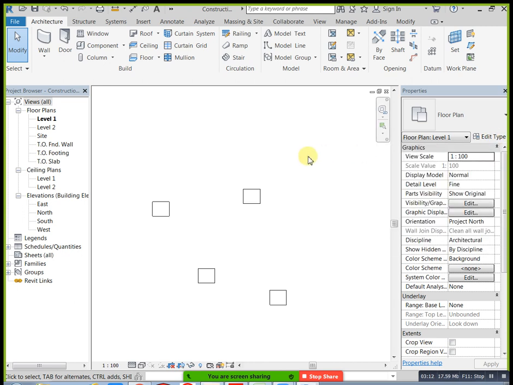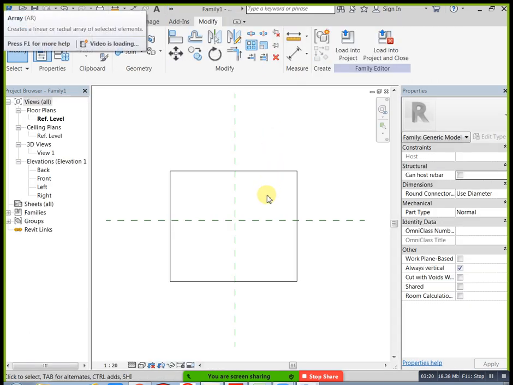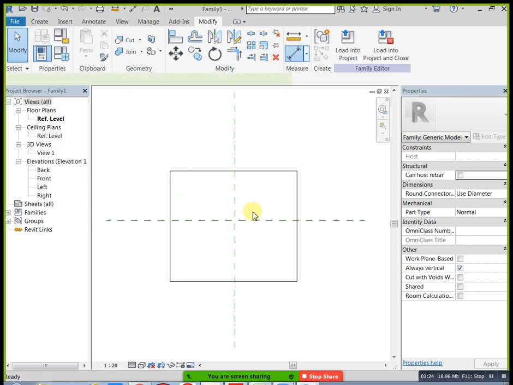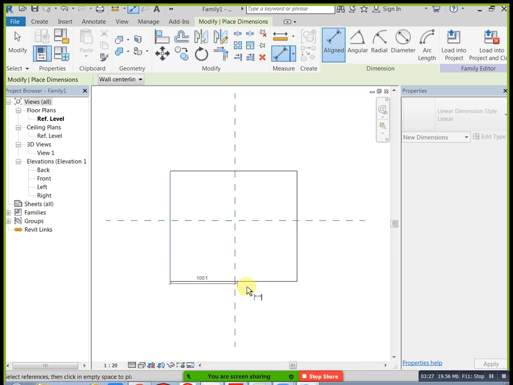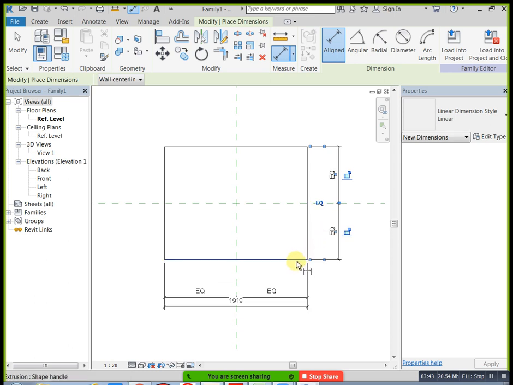Now first of all go to your family. In this family I need to apply parameters. How can we apply a parameter? Just select your dimensions, this one and this one and this one. First of all I need to do equal, meaning both sides have an equal portion. Now if you need a dimension you can apply it like this. We have 1 9 and 1 9. Again here also I need a symmetric model, both sides equal portion. Just apply and click on equal. Again this one, this one. Now we know width and length.